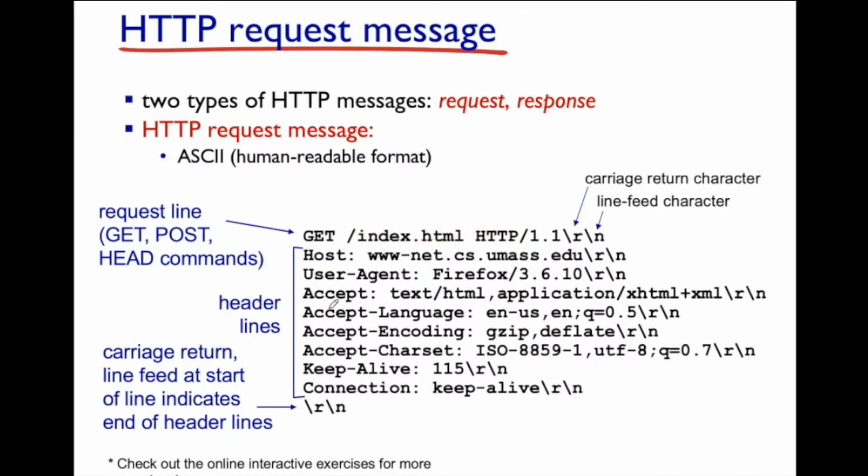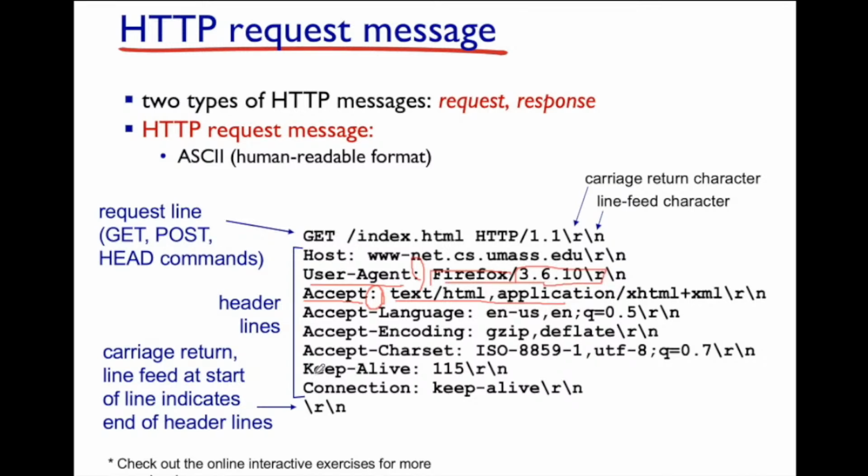Now, header lines. Syntax is also quite straightforward. Column in the middle. Before the column, this is called the attribute or the field name. And whatever comes after the column is the value of the attribute or the value of the field name. All right, so user agent is a well-defined attribute in HTTP. It indicates what implementation the browser is and the version of it. So user agent indicating the user is using a browsing agent called Firefox, and it's version 3.6.10 of